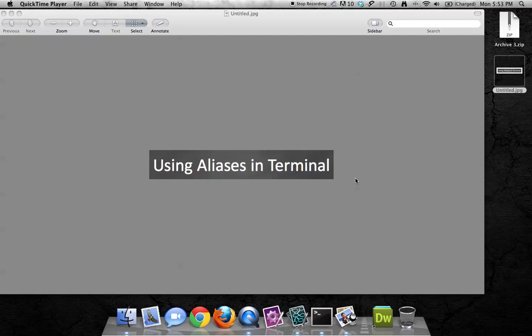So in this screencast, I'm going to show you a nifty little trick. It's utilizing aliases in terminal. Basically, what happens is whenever you're a web developer, a lot of times you got to go in and check file permissions and do a lot of things in terminal, changing file permissions, changing ownership of files, things like that,